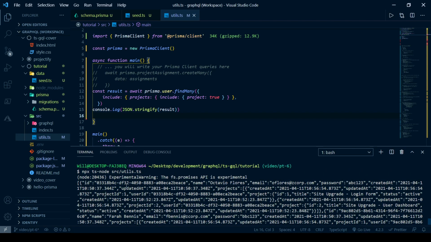And you get that because for each user, say for Octavio, you're getting his ID, of course, name, email, password, the timestamps. Now you've got his list of projects, but that's going to include information from both the project assignments table and the project table. So we're getting timestamps for the project assignment. We're getting a project ID, user ID. These come from the project assignment table. And then we're going to go for the individual project, and this comes from the project table. We get the project ID, the project title, and the status. So in this case, we're getting the project ID once, twice,